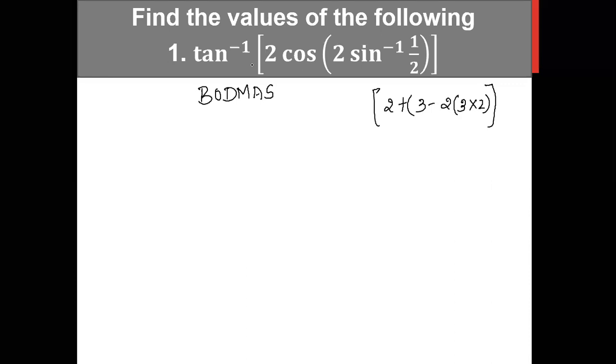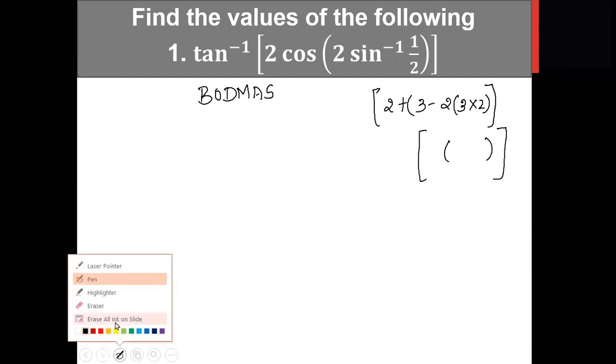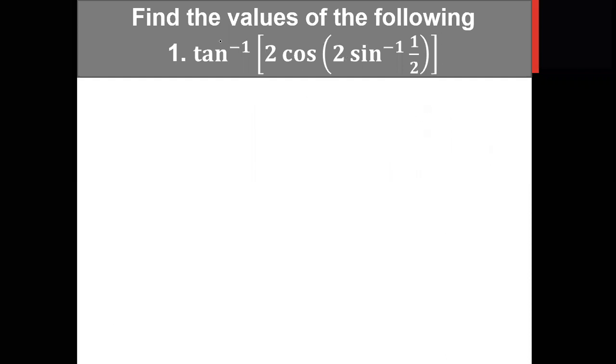So here also we have brackets. So what you'll do, first you'll solve the bracket inside, that is the common bracket. First solve what is inside this common bracket, then you solve whatever is there in the square bracket, and then you can get the answer. Try to get the answer because you know these things. So first here you have to solve tan inverse of 2 cos. You find what is sin inverse half?